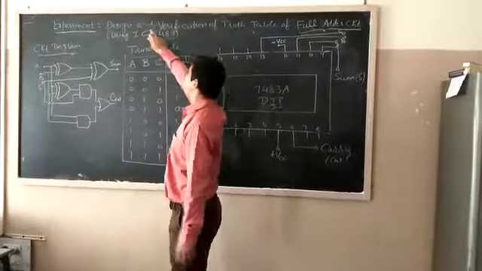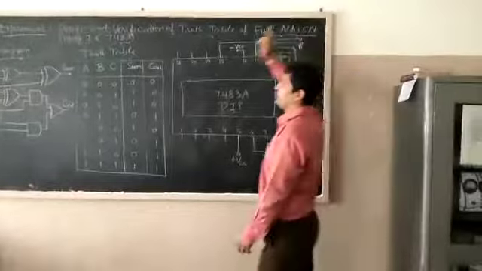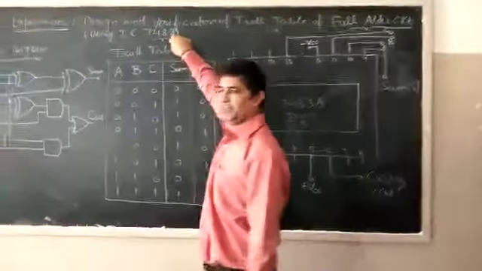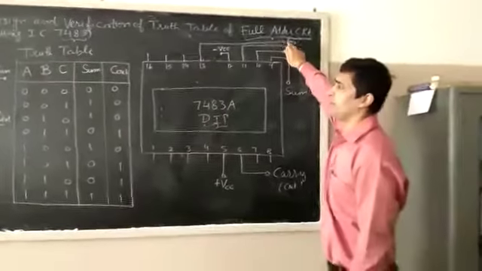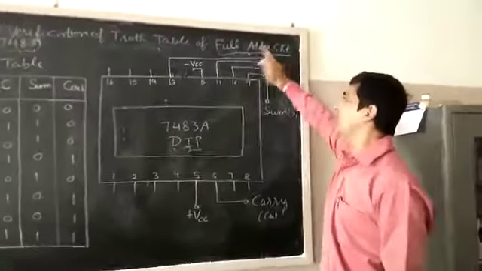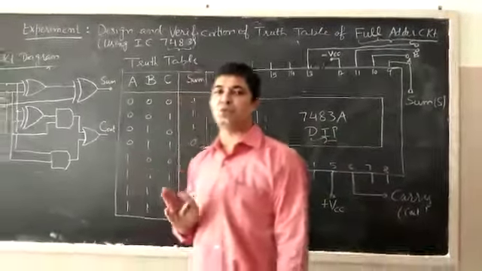70. Design and verification of truth table of full adder using IC 7483. Earlier we have covered the design and verification of truth table of half adder. Now we will cover the full adder, and the IC number is the same, 7483. The difference between these two, half adder and full adder: